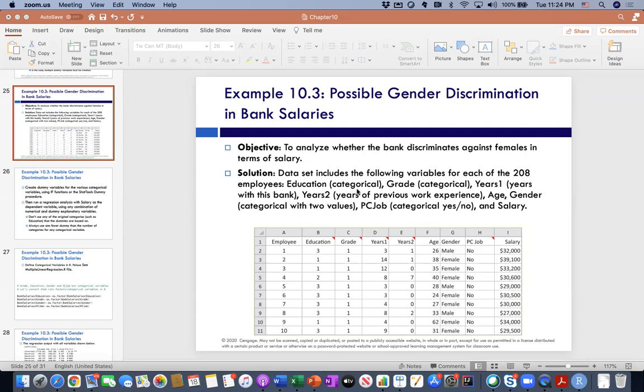So as you can see, we do have categorical information, education is categorical, grade is categorical, years 1 and years 2, those are numeric, age is numeric, gender is categorical with 2 values, PC job is also categorical with 2 values, right? So salary in this case is going to be our dependent variable, and everything else is going to